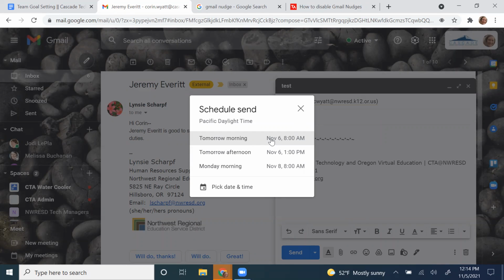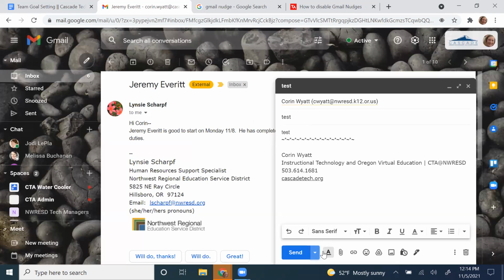You can schedule all your messages to go out at 8 a.m. if you want. Or maybe you want it to hit the inbox at a certain time. So there are studies about how certain industries or certain groups of people read their emails at different times, and so you may want to cater to that audience after a little market research. You can also customize the date and time here to schedule sending a message. So that's just the little arrow right to the right of your send button.